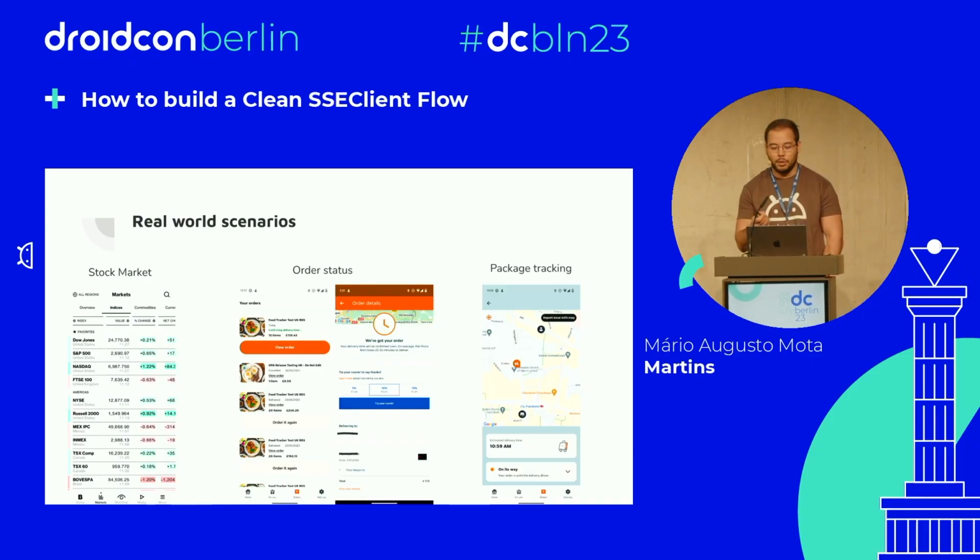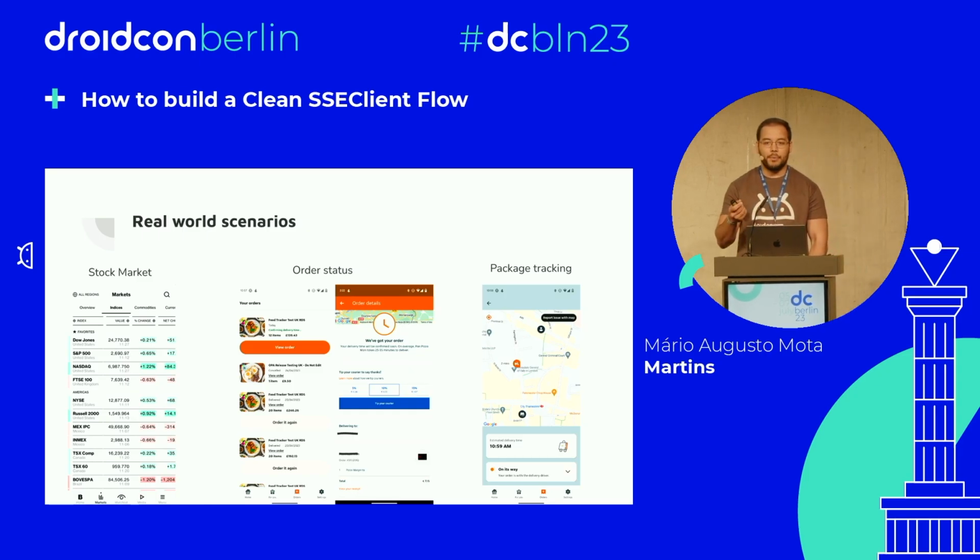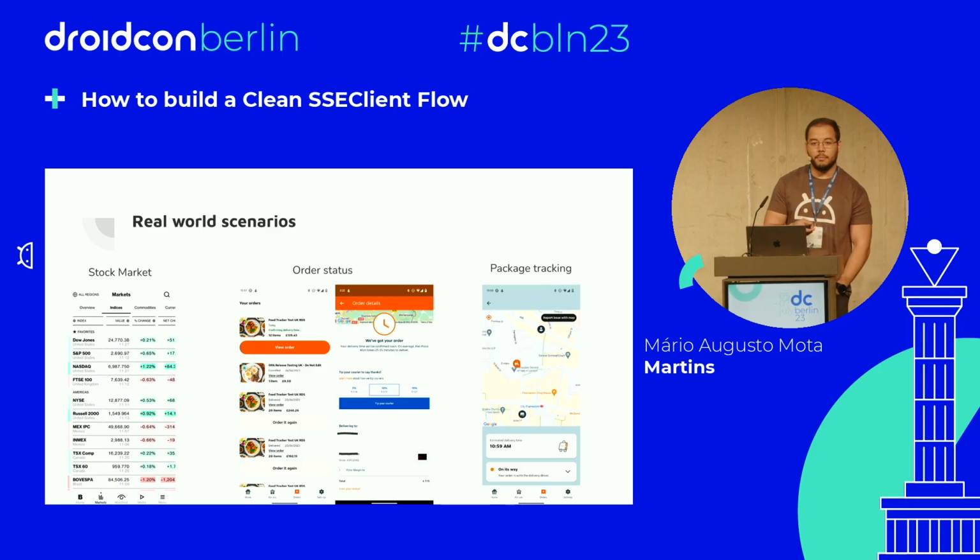feature could be useful. The first one is an app for the stock market. So you can just open the app and it will be updated, and you don't need to actually refresh it. And the second one is when you place an order on a food delivery app and you just keep checking the app. It will update the confirmation of your order, the delivery status, if it's ready for pickup, and this kind of stuff. Actually, this example here is the one that led me to this study, because at the